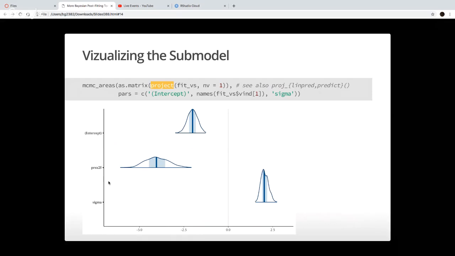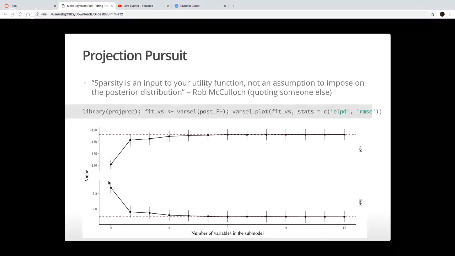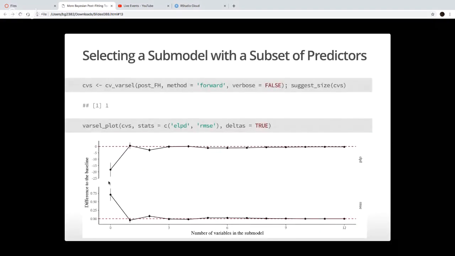But it, along with the intercept and the standard deviation of the errors, would not really be worse than the original 12 predictor model. But there were all kinds of reasons why the original 12 predictor model was also bad. You have to do more than what I've done here to verify that the base model you start with is not horrible, which it kind of was in this case, which we saw a couple weeks ago. But anyway, the steps of doing CV varsel and making these plots and suggesting the submodel